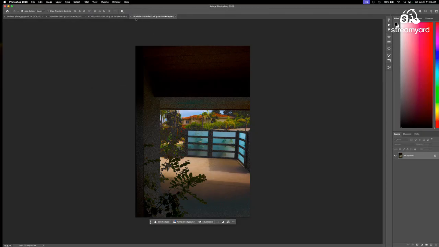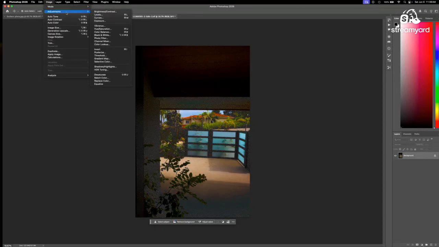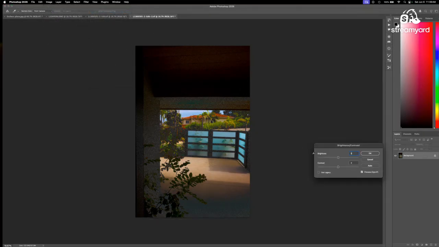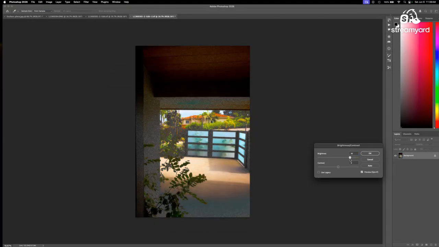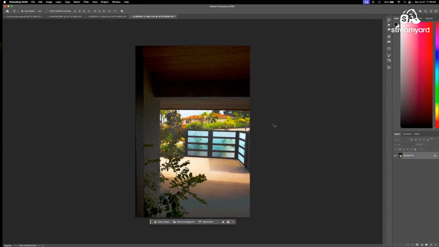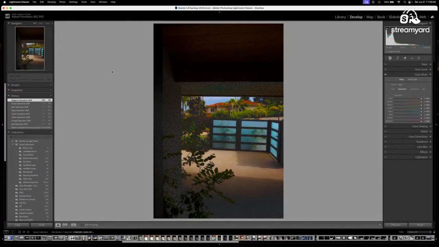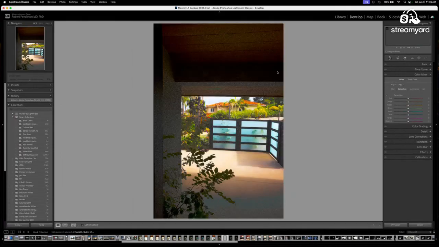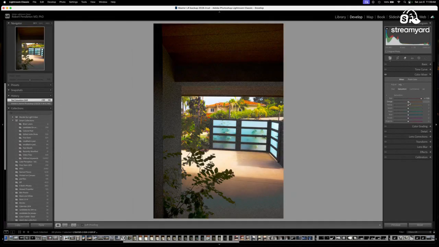Let's adjust, see what we can get out of adjusting the brightness. So we're starting to get more of a palette of colors here. Okay, our brighter, more intense colors. Let's close this out and go back to Lightroom. And there's the processed image. My sliders are all back. I can just push them all up.